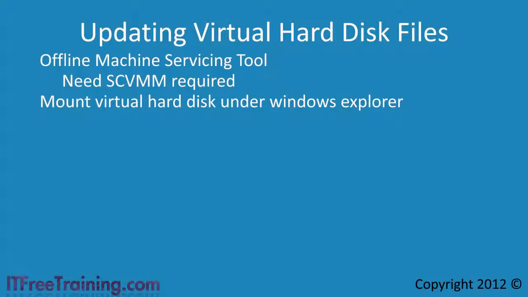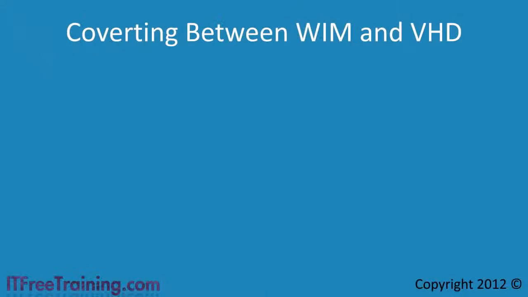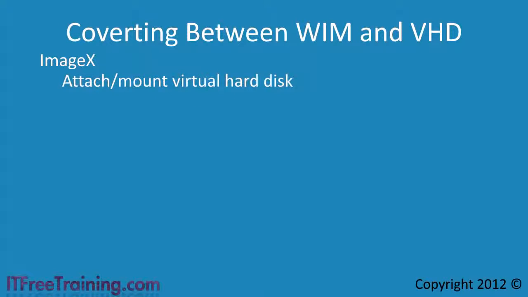If you already have a Windows 7 computer in WIM format and want to deploy it to a VHD file, you have a few options. First, you can deploy the image to a virtual hard disk using ImageX. To use ImageX with a virtual hard disk, simply attach or mount the virtual hard disk and then run ImageX with